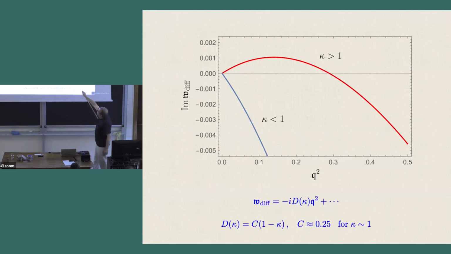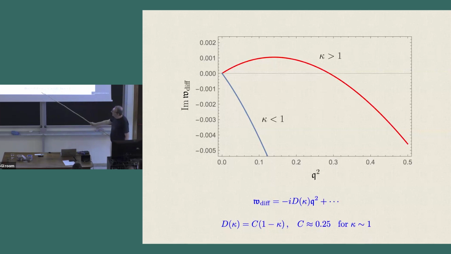What is interesting is that it stays there for some values of q squared and then goes back. So if you analyze this for q squared which is sufficiently large, it's stable again. So it goes up and then goes down again. And for kappa less than 1, it is perfectly stable. So there is this instability, and similar to what Buchel was doing 15 years ago, we numerically fitted this